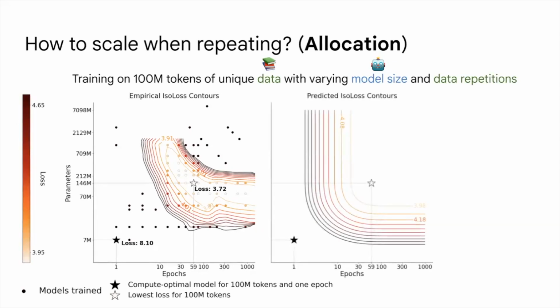All right. And now we'll look at how our formula would predict those same contours. If we plug in those configurations into the formula that we put forth earlier, then we get these curves. And here, the curves are not circles, because in the formula, we only allow the value of extra data repetitions to decay to 0 and not into negative territory.